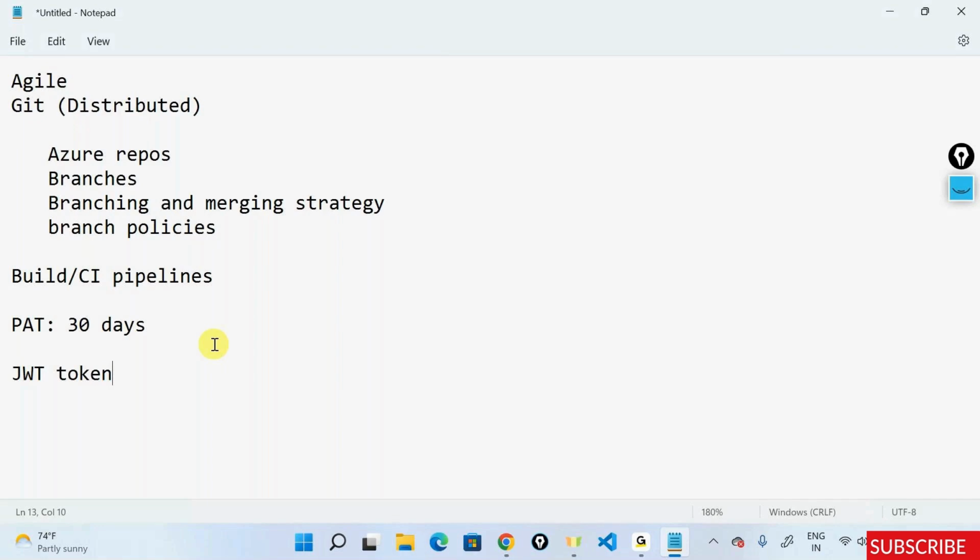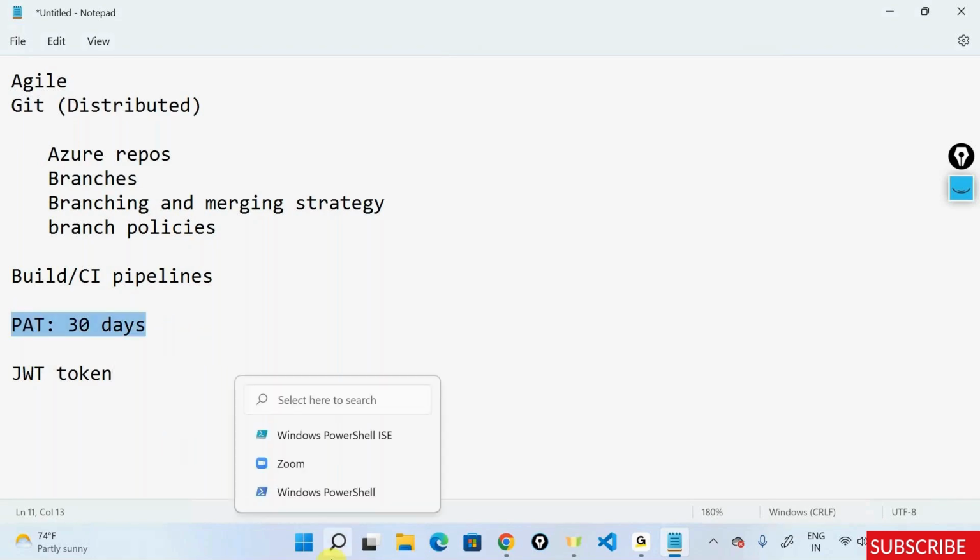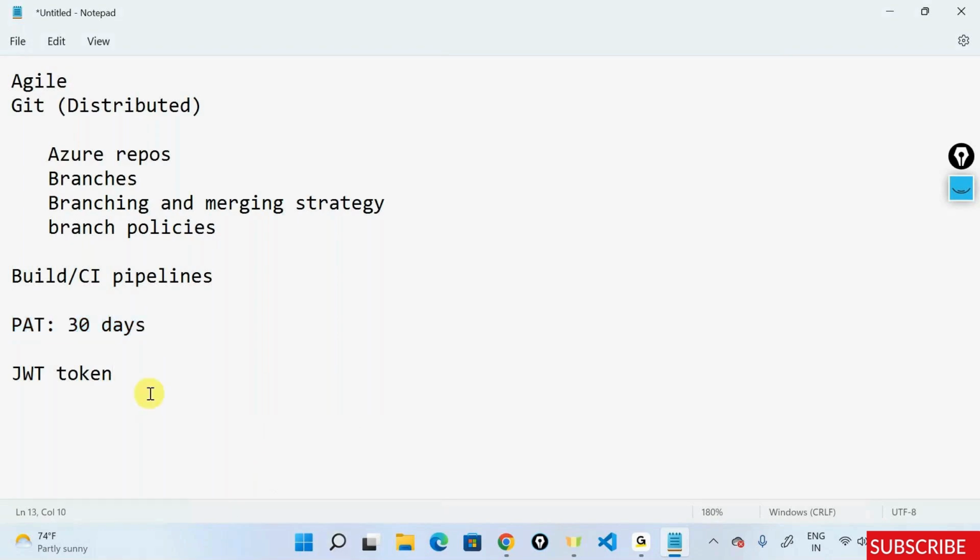So the agent, when it runs, will create its own web token with Azure DevOps, and it doesn't rely upon the PAT anymore. PAT is only for initial registration. So even if the PAT expires, not a problem. The agent is going to self-renew itself using this particular token each and every time. So yes, good point. Even if the PAT is expired, not a problem. Your agent will still be running. So very, very crucial questions.